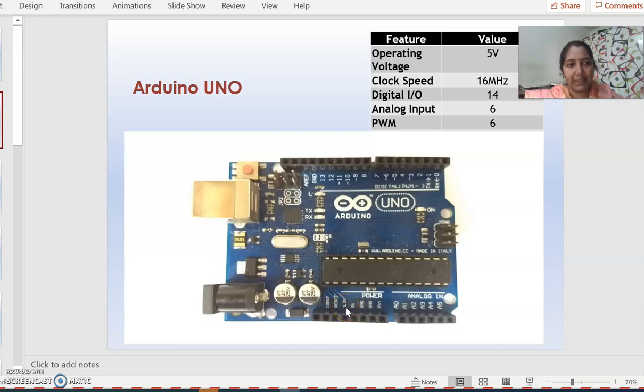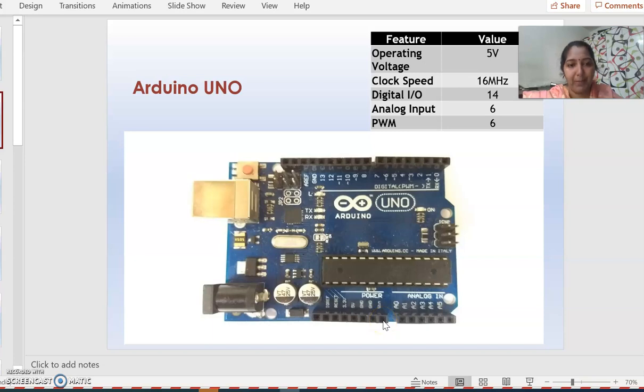But whatever input or output devices you are connecting, most of the devices can work on these two power supplies. And this Arduino board contains 3 ground pins, two of which are presented here, and one more ground pin is presented here. Just to make the circuit a closed circuit, we are using these ground pins. And the next one is Vin. We can supply external voltage to this Arduino board by using this Vin, or the voltage input pin.